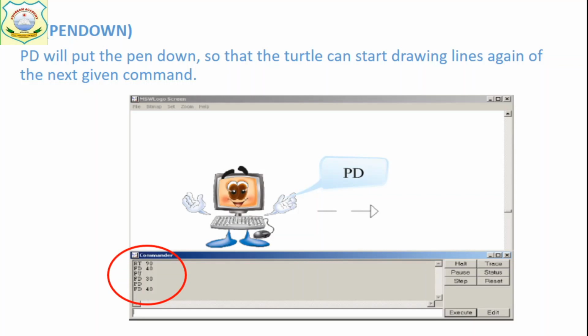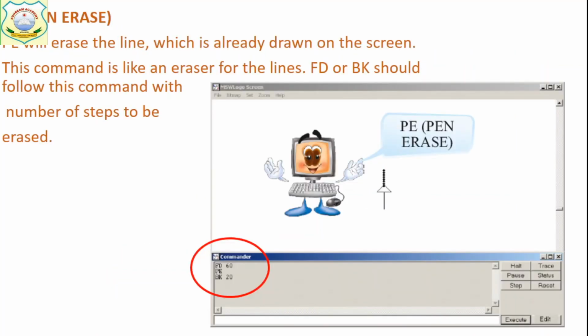Okay. Now we have PE. PE is pen erase. If you have drawn something and you want to erase it, for that you have PE, pen erase command. Okay. It will erase the line or whatever you write after that, backward, forward. ठीक है? It will erase that much line.